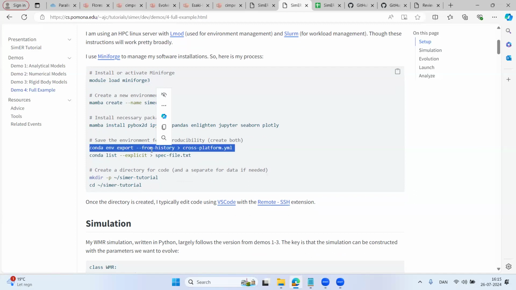And I usually do that in two ways. One of them is not very portable. So the first version there, the conda env export from history, is the very portable version. It means that I can give you this file and it'll install software on your computer and it should work pretty well. But you're not guaranteed to get the exact same results just because of slight changes between our computing systems, even hardware differences.